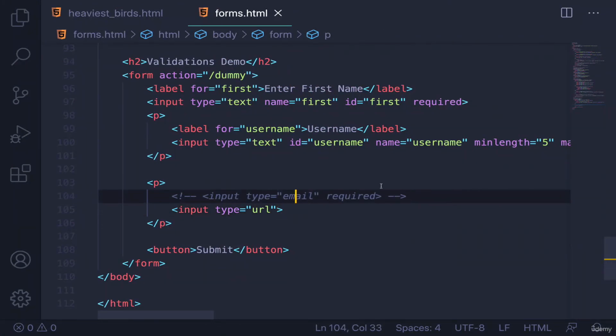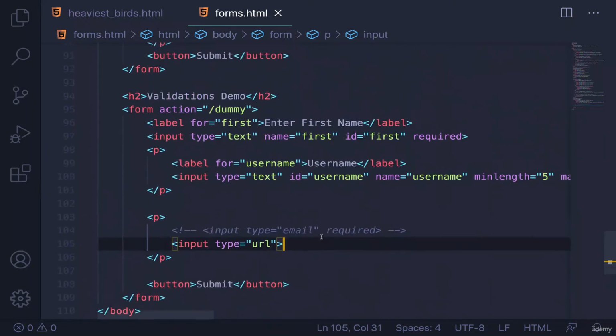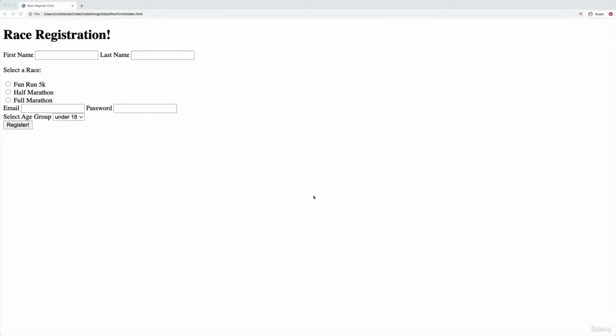I will wrap up by just cleaning this up a little bit, adding labels when appropriate, adding comments, so you don't have to look at this mess. And that about wraps it up for validations for now. So next up, it's time for a bit of a larger exercise around forms. I'm going to ask you to build a form for a marathon, a running, foot race, registration, where we've got